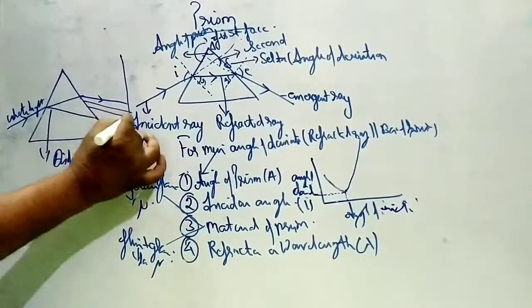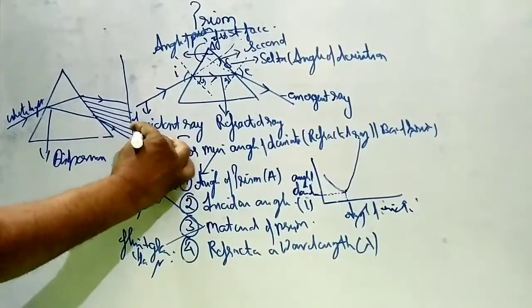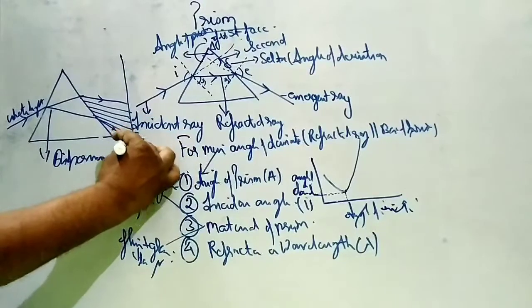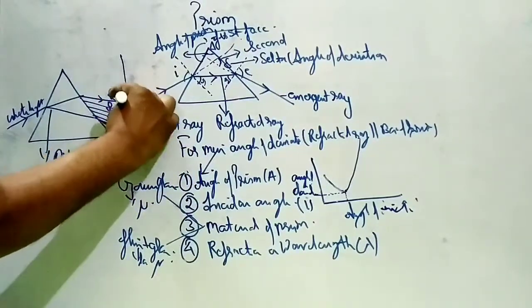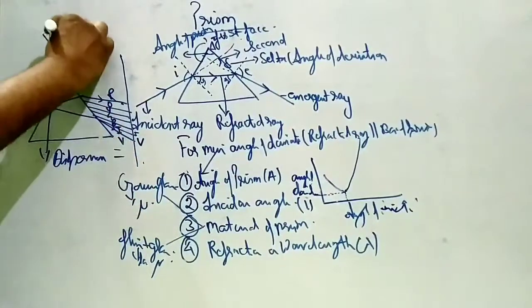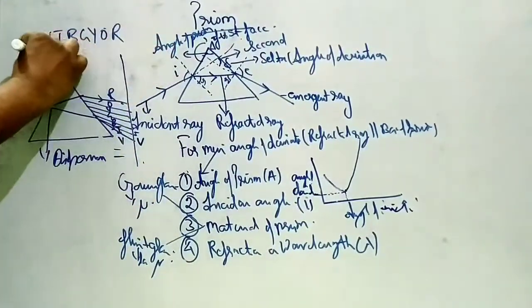2, 3, 4, 5, 6, 7. V, I, B, G, Y, O, R. This will be the color formation. It is called VIBGYOR, which is violet,